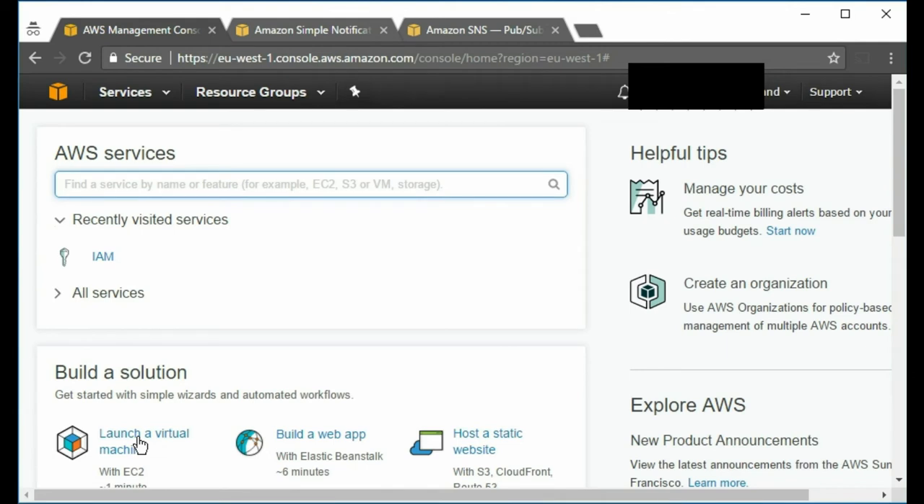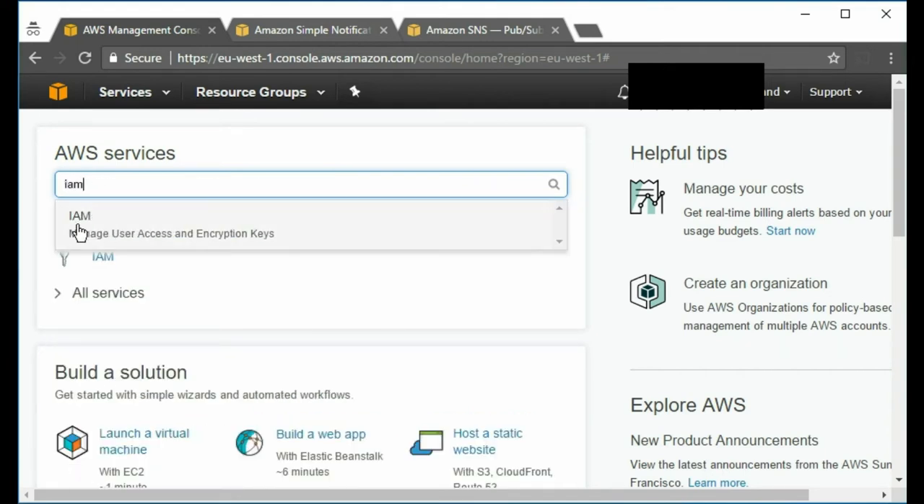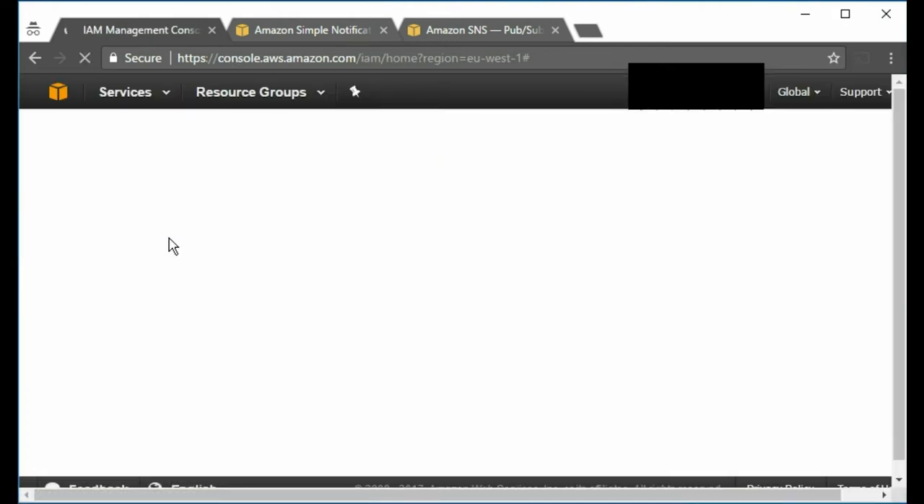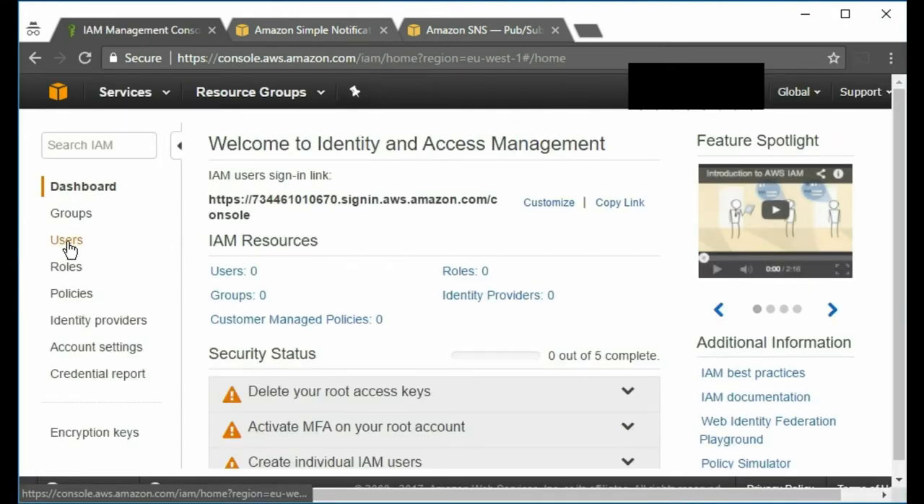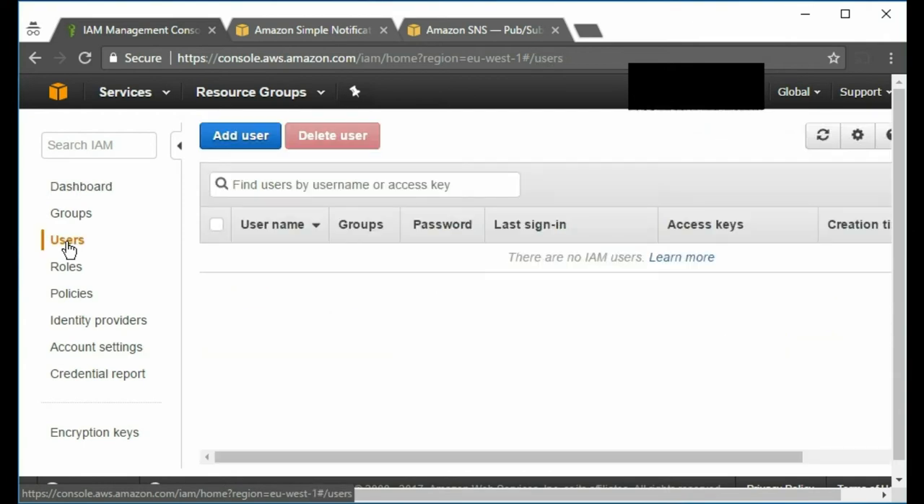Then on the first page, I've visited it recently, it's called IAM, but in the search box at the top, if you just type in IAM, manage user access and encryption keys. On the left hand side, you want to click on users. Then add user, the blue button,